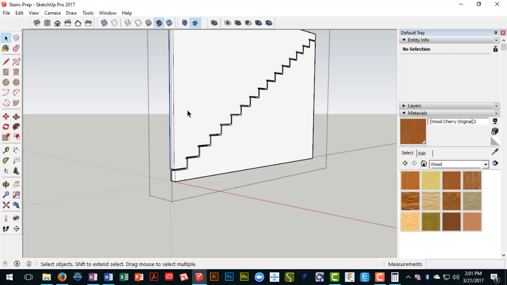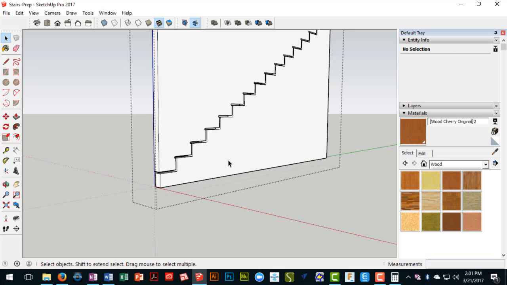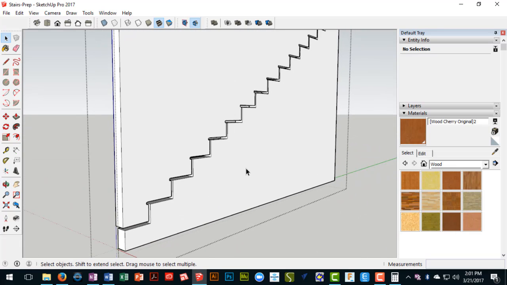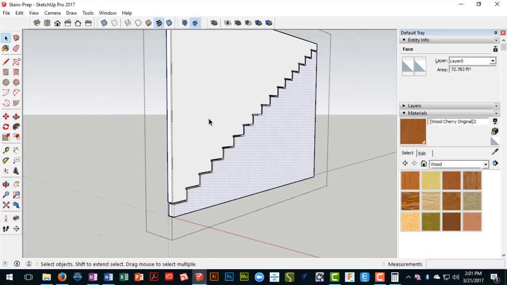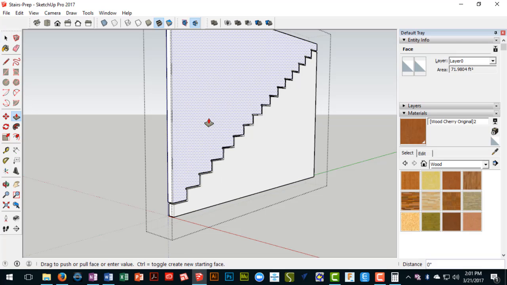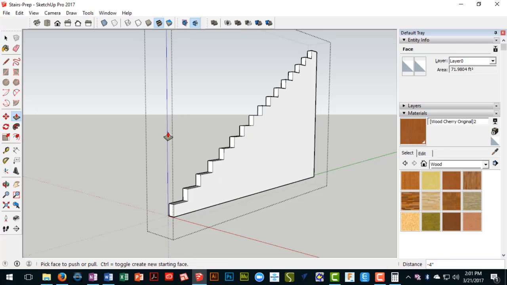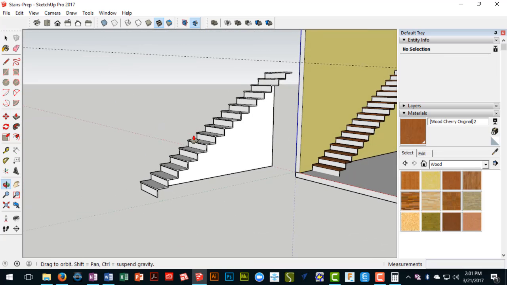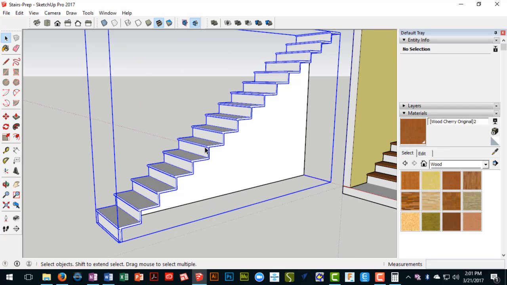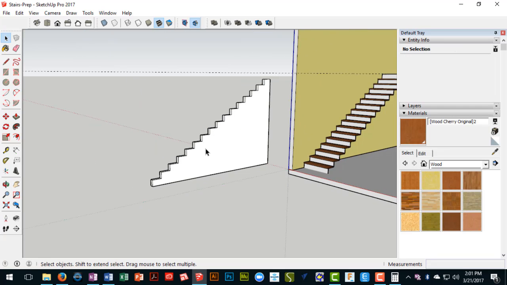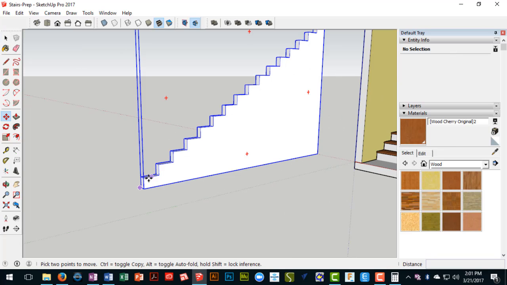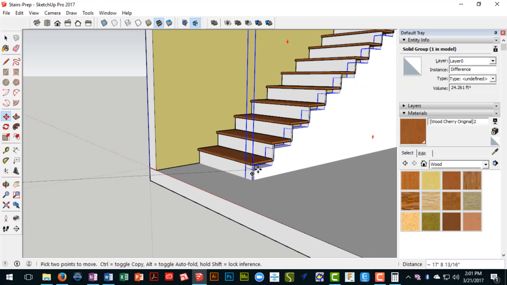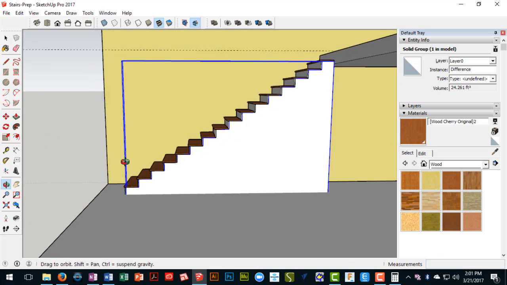I'll do my Hide Rest of Model hotkey, which I've got set to Control H. And now you can see we cut right through that wall. And what I want really is this bottom part. So I'm going to click on the top part, get my Push-Pull tool, push it right back, and it's gone. Right click and close. I can click on this stair profile group and I can get rid of that. And now I should be able to move this back into the room and align it so that we have a nice wall